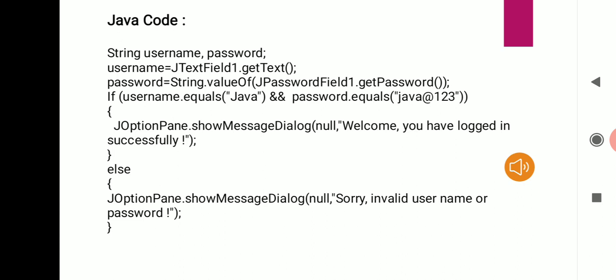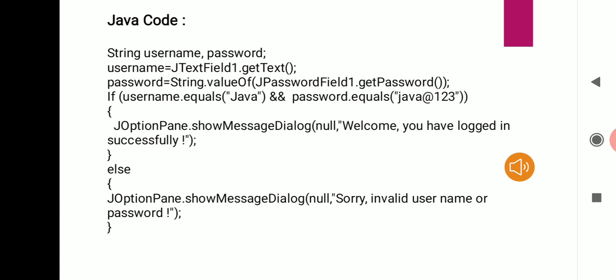Once the password is extracted from the password field, it is converted into string using the statement String.valueOf, then within bracket you have jPasswordField1.getPassword. And after it gets converted into string, it is then stored in the string variable called password using the statement password = String.valueOf(jPasswordField1.getPassword());